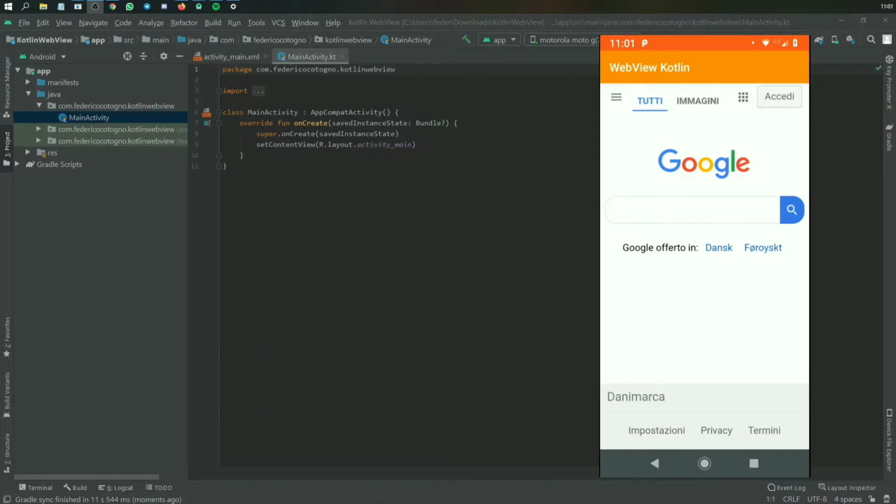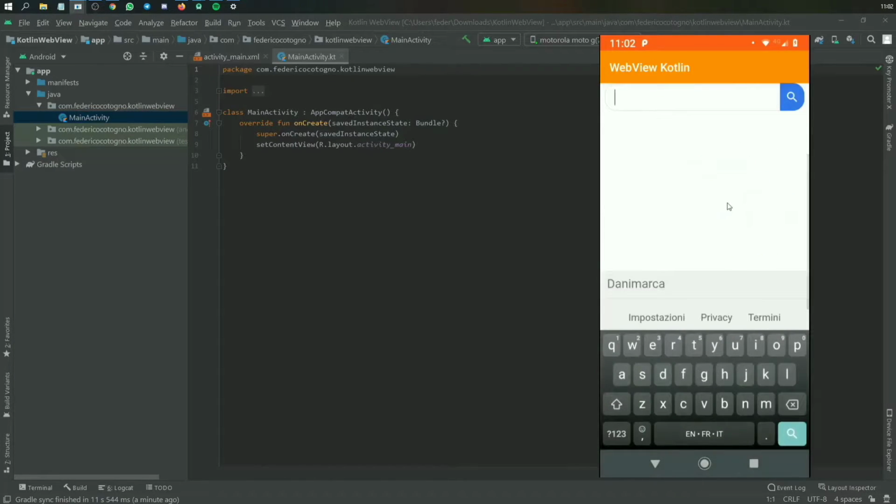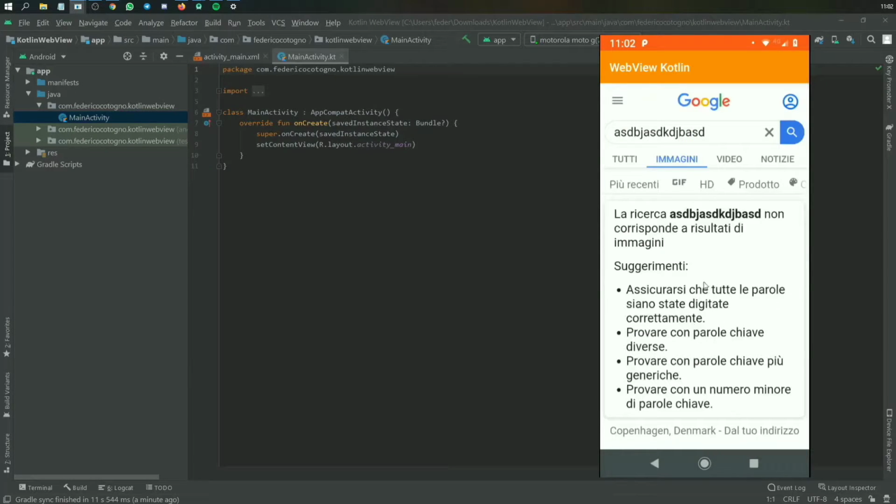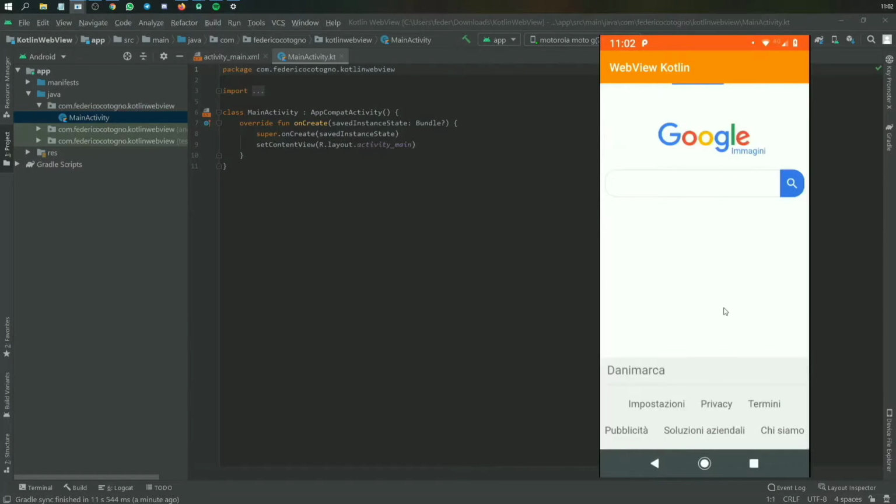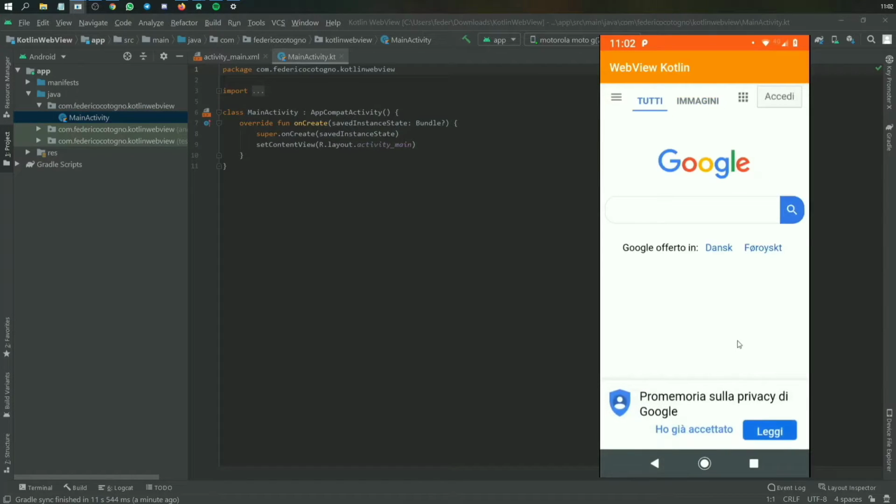In this video I'll be showing you how to create a web view in Kotlin, and it's a very simple process. It should take only a minute or two to get the basics down, but essentially you can just add any web page you like, or most web pages such as Google. You can type something in, it does lots of things for you, and it's pretty nice. I also implemented the back button so it doesn't exit the app when you click back, but it goes to the previous page. And yeah, we'll be making this in this tutorial, so let's get started immediately by closing this window